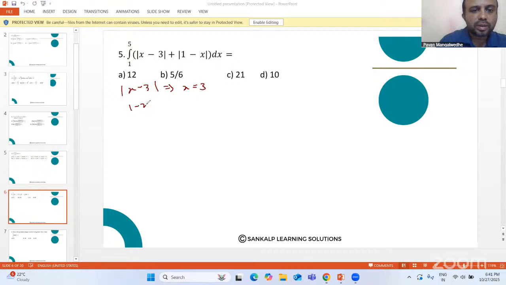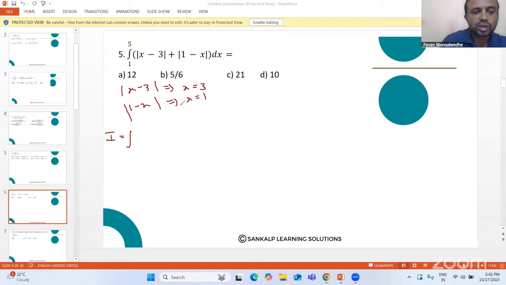Mod of 1 minus x gives x equals 1 because of the mod operation. So x equals 1 and x equals 3. Use it for the integration. You come to know I is equal to